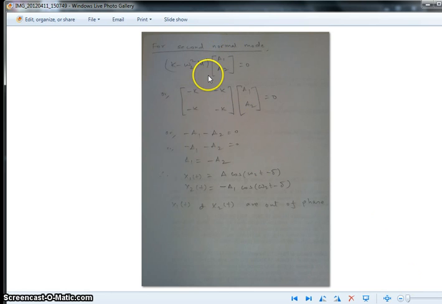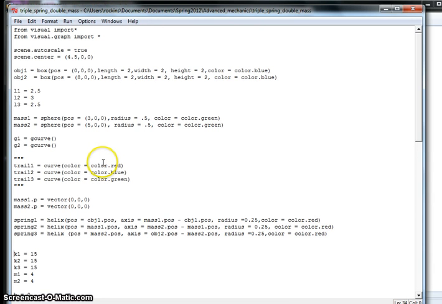For the second normal mode, again we put in the second eigenfrequency, and solving the matrix multiplication we get a1 equals minus a2. So now in this case x1(t) is a and x2(t) is minus a times cos(ω2t − δ). That means now these two are out of phase with each other, and let me show that in bpython. Here is the code,